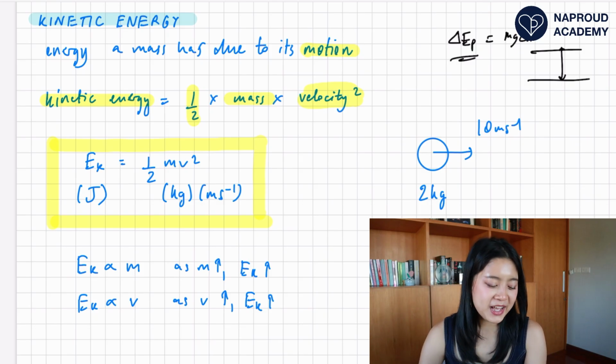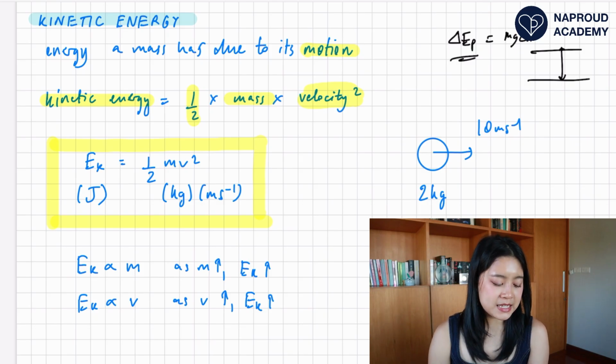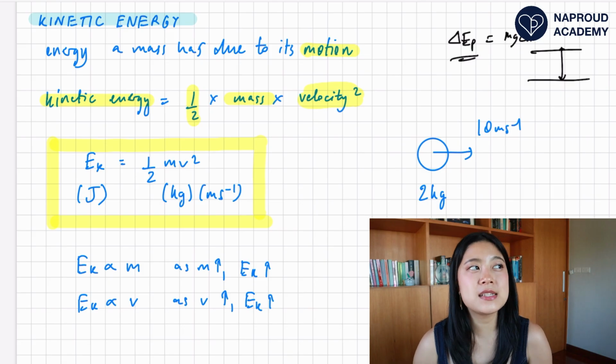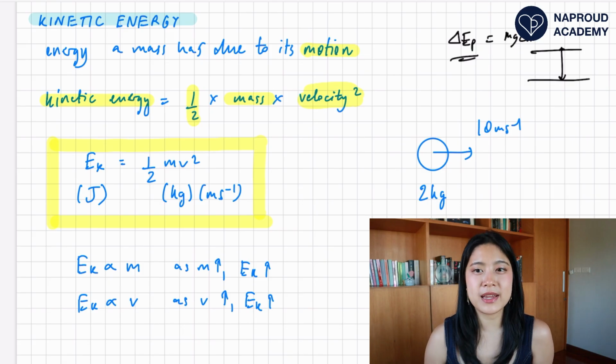Okay, so in general, from this formula, we can see that EK is proportional to m. So as the mass increases, the kinetic energy increases. This is quite simple because if we think about, like, let's say,